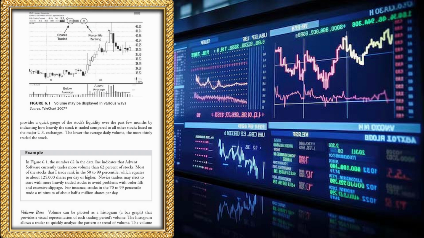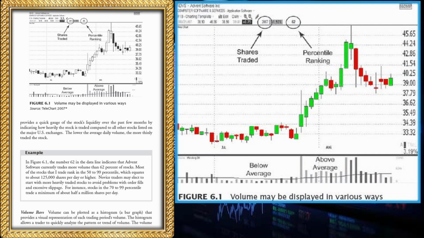This ranking provides a quick gauge of the stock's liquidity over the past few months by indicating how heavily the stock is traded compared to all other stocks listed on the major U.S. exchanges. The lower the average daily volume, the more thinly traded the stock. Example: in Figure 6.1, the number 62 in the data line indicates that Advent Software currently trades more volume than